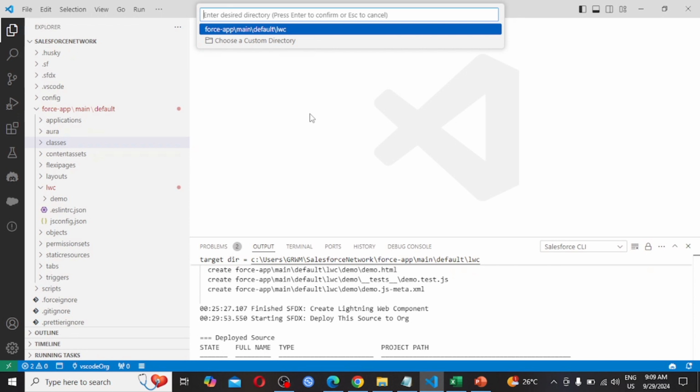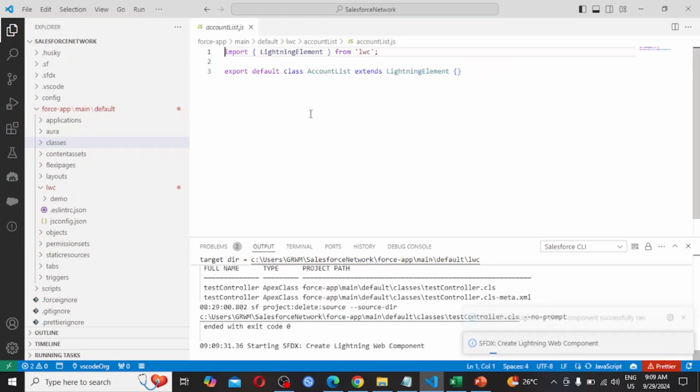Again it is prompting to enter the desired directory: force-app/main/default/lwc. This will be the directory, so I simply hit the Enter button.